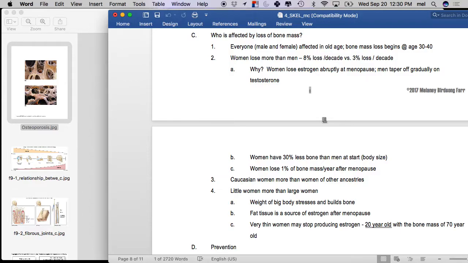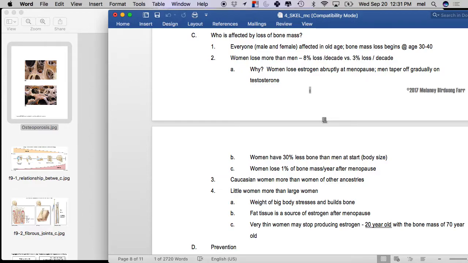Women on average after age 30 lose 8% of their bone mass per decade. Men only lose 3% of their bone mass. Most of that in women is accounted for after menopause. After you hit menopause, your estrogen over the course of maybe a year, maybe a few months, maybe a little bit more than a year, will go from relatively high to relatively low. And once you lose your estrogen, you don't have it to maintain your bone mass anymore. So postmenopausal women actually lose 1% of their bone mass per year because of the loss of estrogen, right? That means after menopause, about 10% per decade is how much you lose, right?